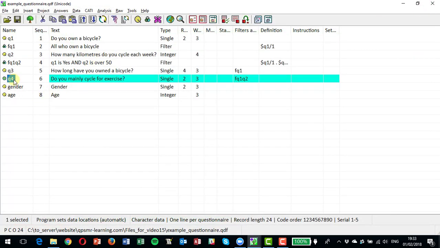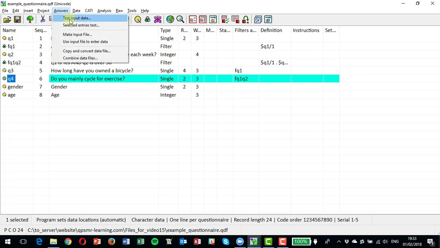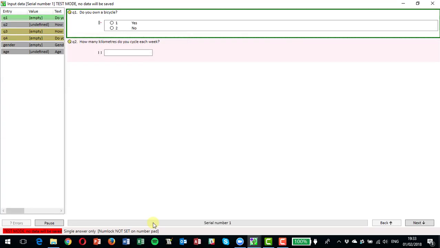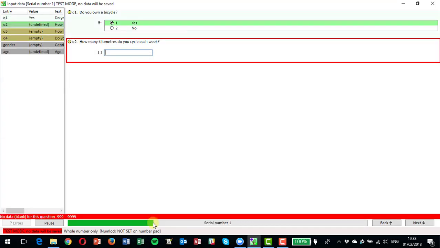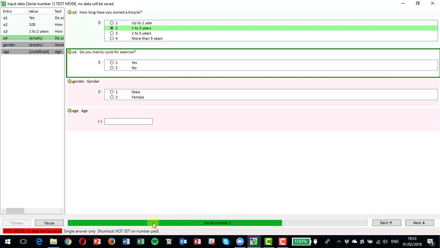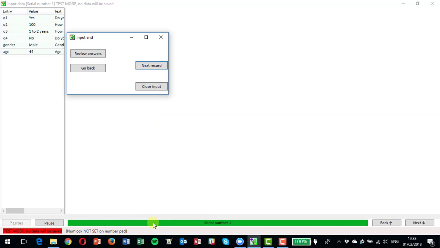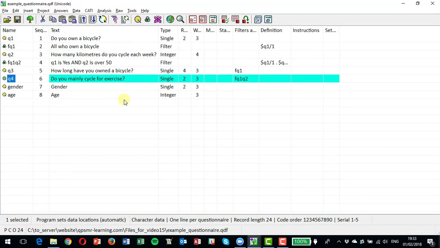Alright, so we've now tested part of our questionnaire. We can do a full test on the questionnaire. Again, same principle, choose paper or CAPI, and we can just pass through the whole questionnaire, and the whole questionnaire is tested from start to finish. So that's the sort of steps you go through to test your questionnaire, but that's not necessarily got it ready